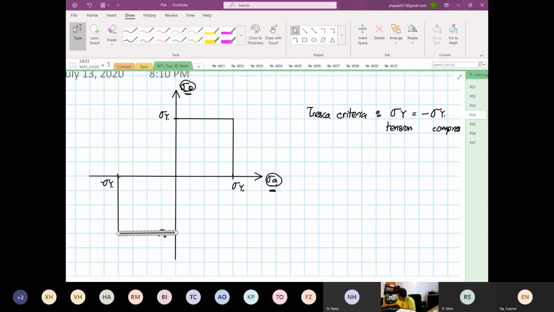And then he constructed the yield in the other quadrants over here. So if your stress field is within this boundary, the shaded region,